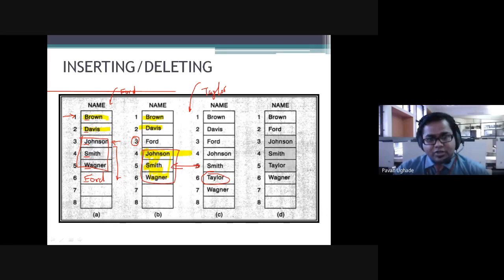For Taylor, I have to update the further positions, just like Wagner. In the same fashion, if I wanted to remove Mr. Davis, I'm just saying remove Davis, so eliminate or delete Davis.